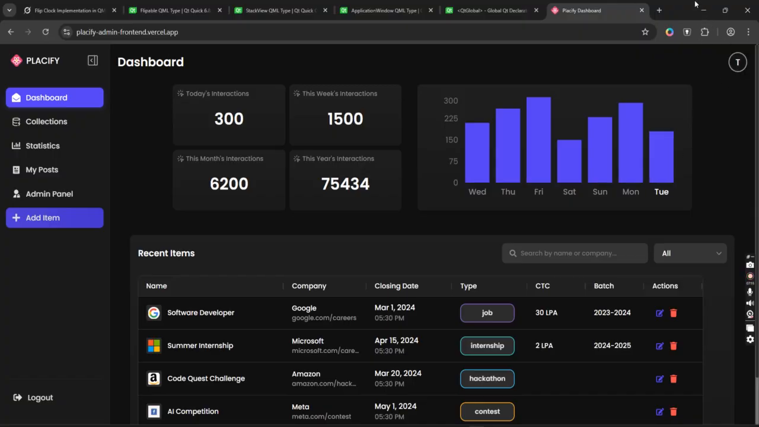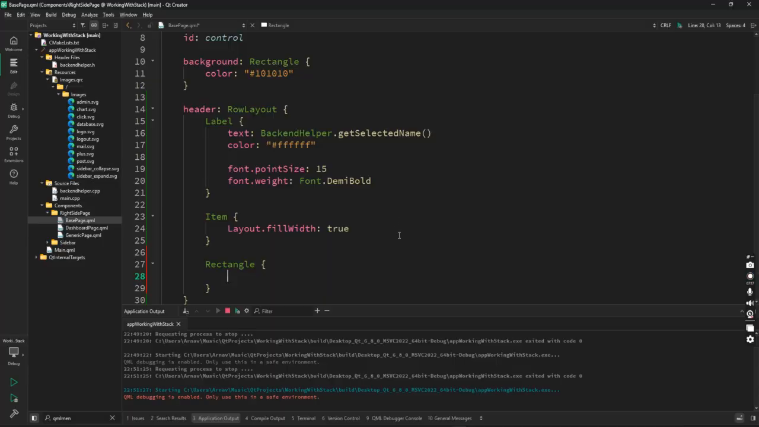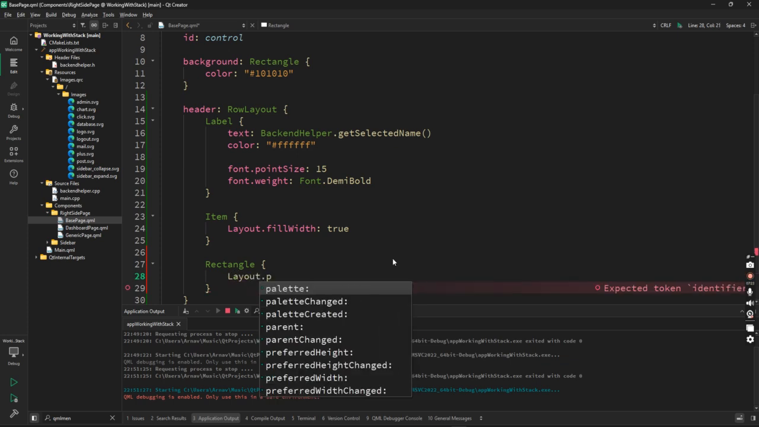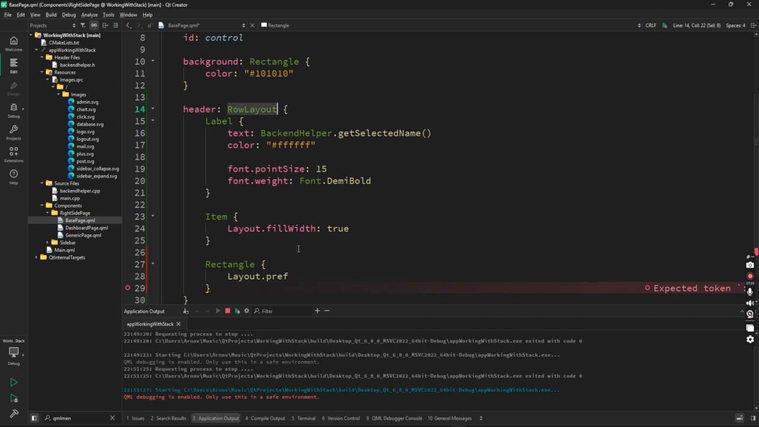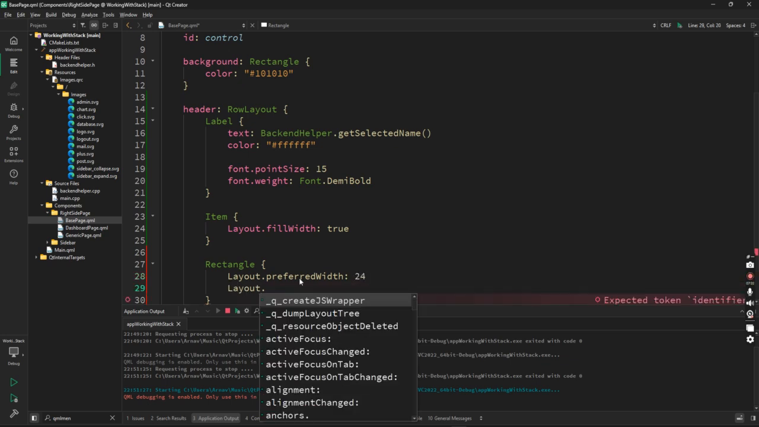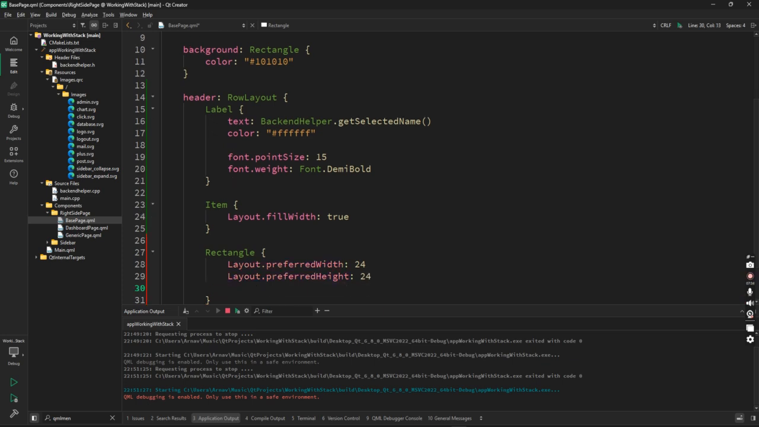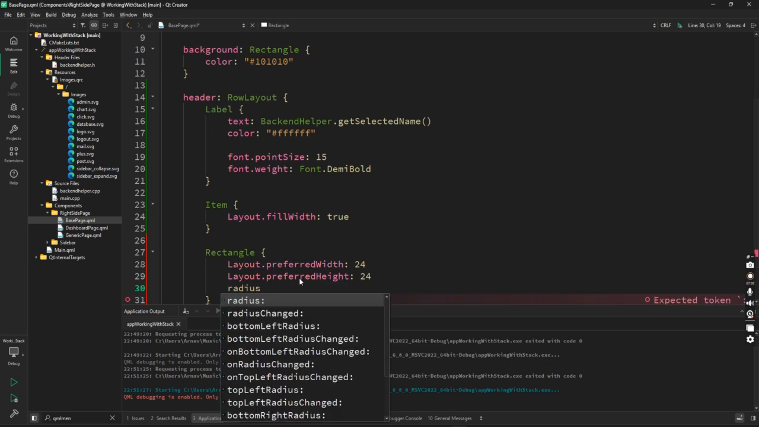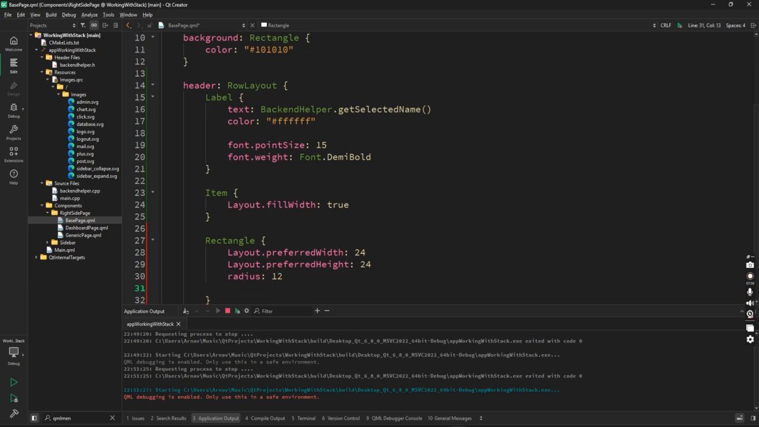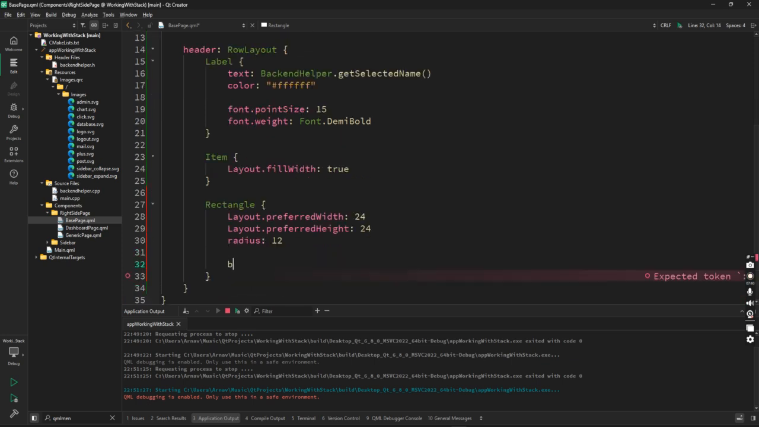This T and a circle, right? This T and a circle. So rectangle. I'll say layout.preferredWidth, because this is inside a row layout. So I'll say layout.preferredWidth of, let's say, 24. Layout.preferredHeight of, let's say, 24. Radius of, let's say, 12, because width by 2. Border.width 1. Border.color white,